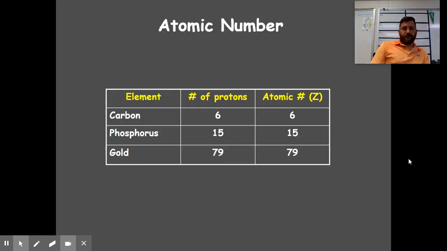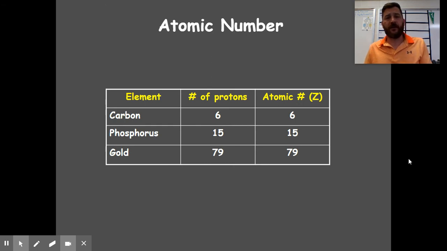So when we're looking at atomic numbers, and we're trying to figure out whether it's the atomic number or the mass number, all this information is going to be available to us on the periodic table. So we take carbon. The 6 above carbon means that's the number of protons, which is also its atomic number. So the number of protons is automatically